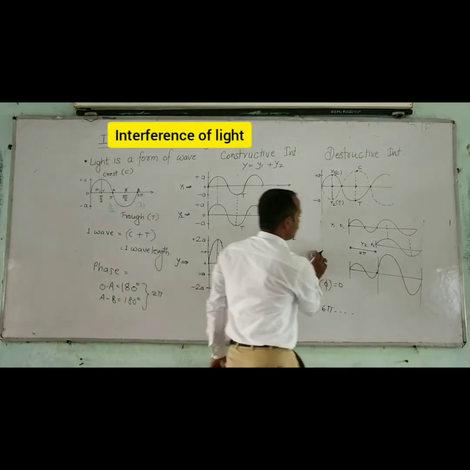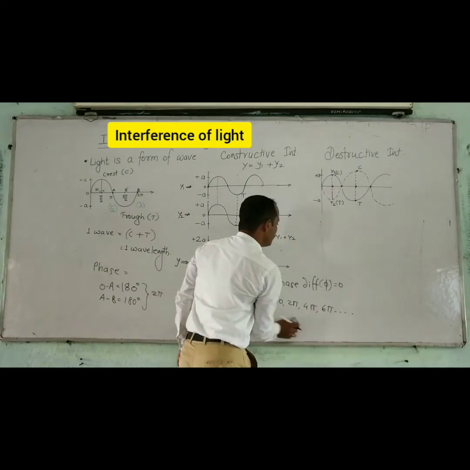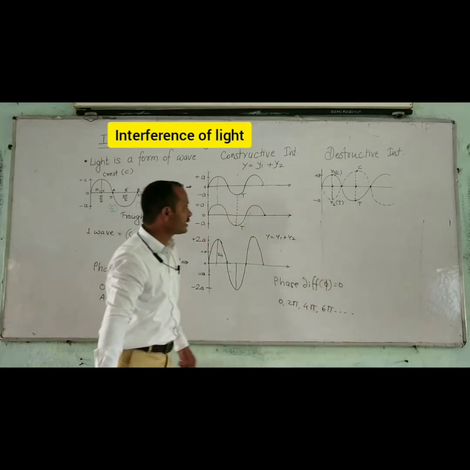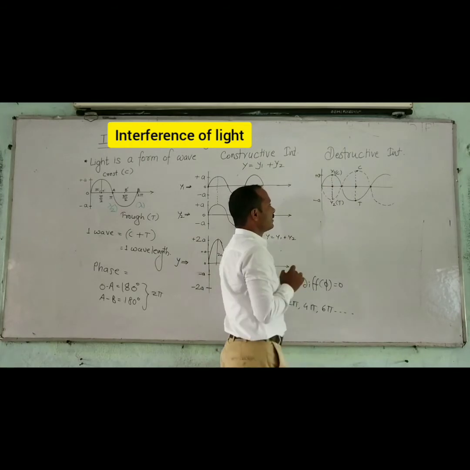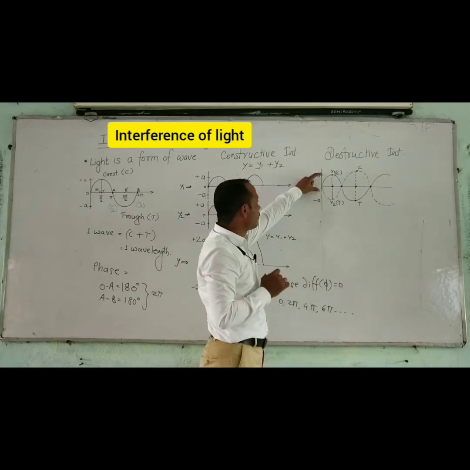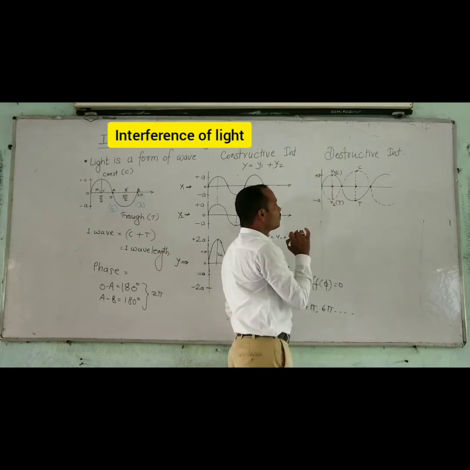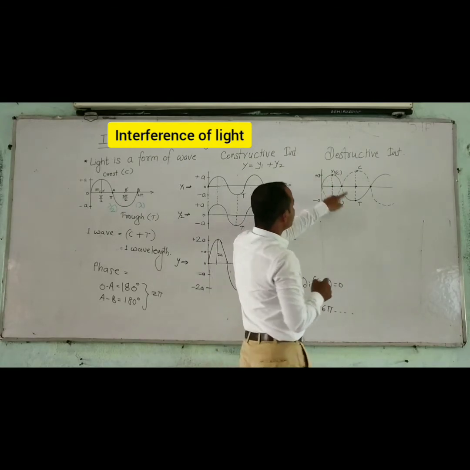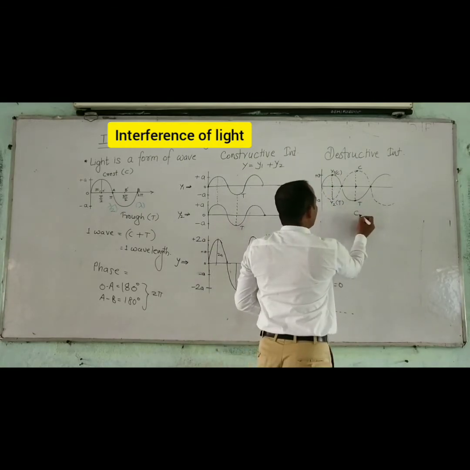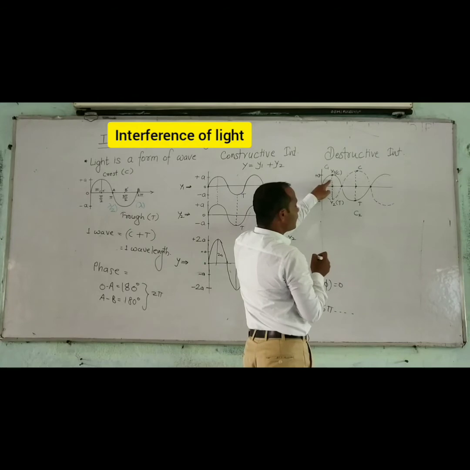Now, when the two waves are coming along the same point, but with the phase difference of 180 degree. Now, when we observe this, what is the phase difference here? Because crest is coincident on the trough. This is the crest of the first wave, and this one is the first crest of the second wave. First crest of the second wave. This is the first crest of the first wave.